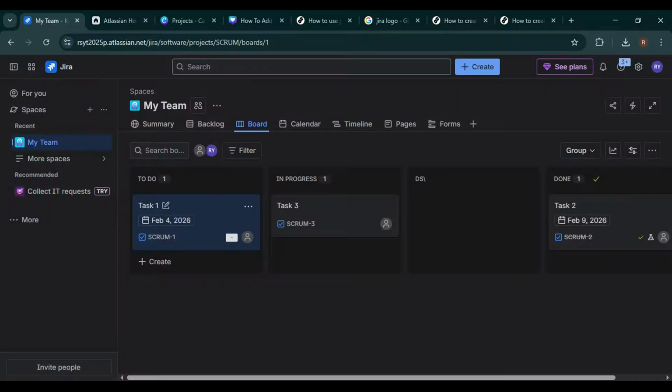In today's video, I'm going to show you how to create a mind map in Draw.io for Confluence and Jira, step by step, using the official Draw.io Diagrams app. This is perfect if you're planning projects, brainstorming ideas, or visualizing workflows directly inside Jira or Confluence without switching tools. By the end of this video, you'll have a fully working mind map attached to your Jira task and ready